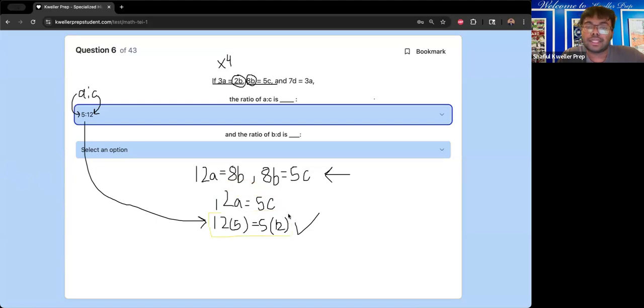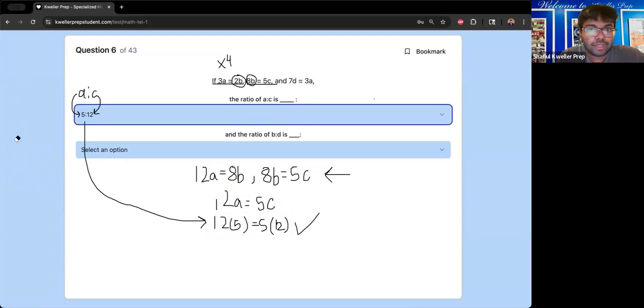Again, we did the sanity check here. We plugged in A equals 5, C equals 12, and we see that this is correct. Now let's continue with B and D. I'm going to go a bit quicker just because I want to go through all the questions. Ratio of B to D is like the same, right? It should just be